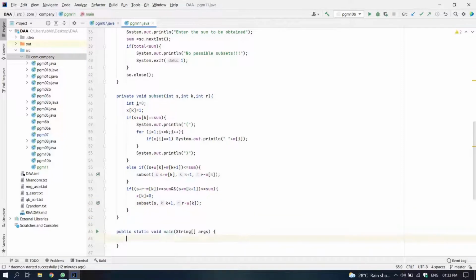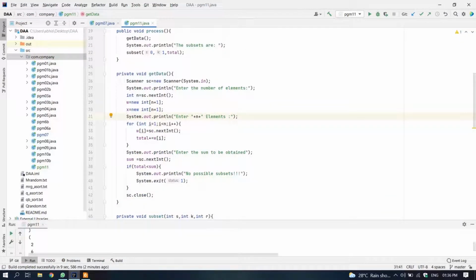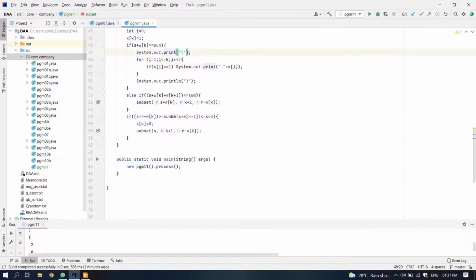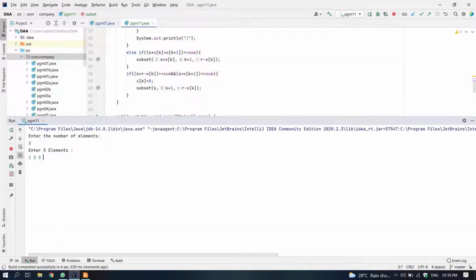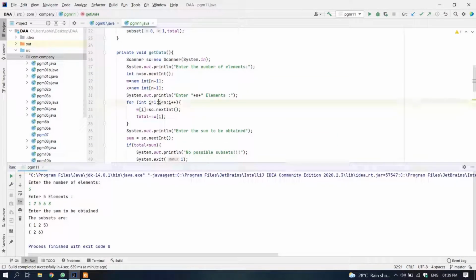So last we are going to write our main method, which is going to call the process method. So now we are going to correct some of our mistakes which we did while writing the code, and now we are going to run the program. So giving the same input which was explained in the explanation part,